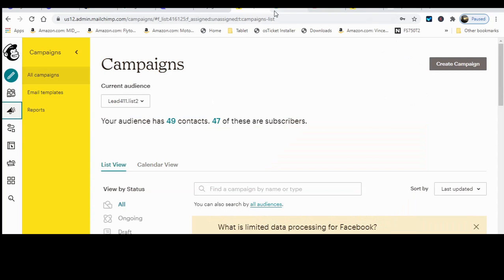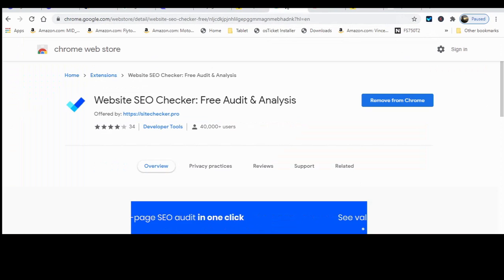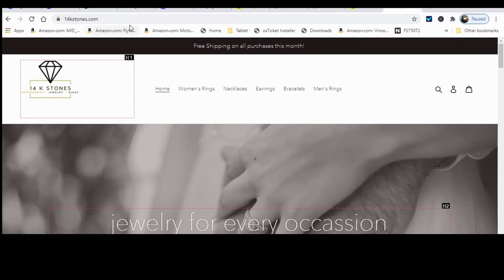The second bonus tool that I use is a Chrome extension. It's called Website SEO Checker. And this just checks to see that your SEO is sound, and makes sure that your SEO is set up correctly. So say, for instance, for one of my clients,